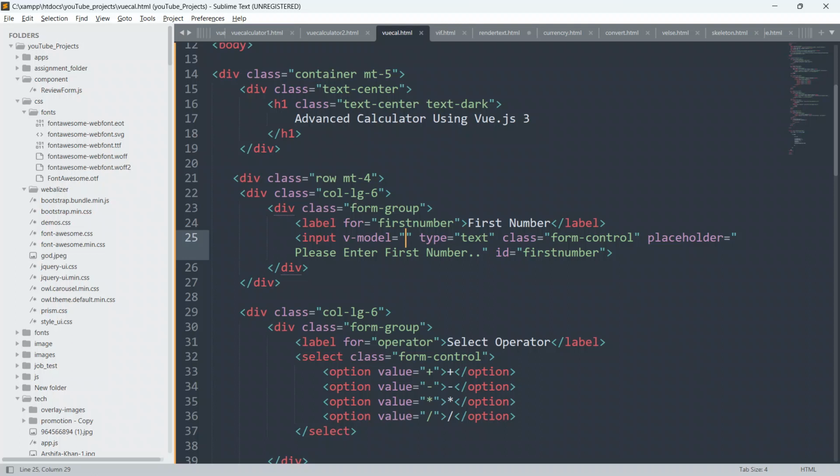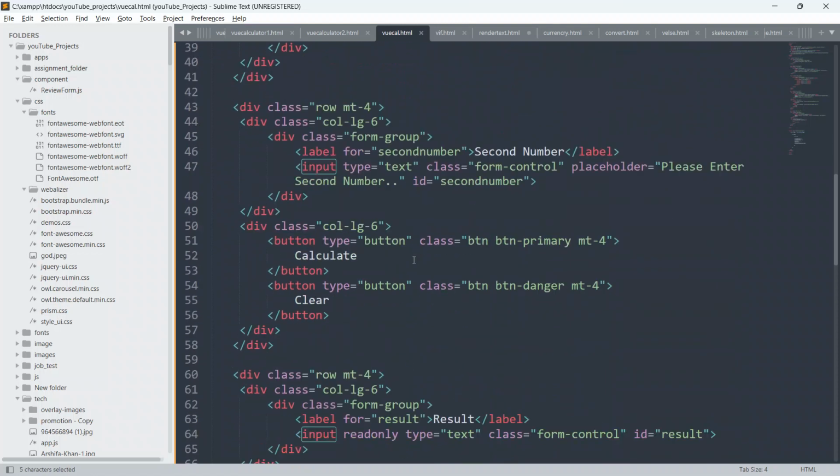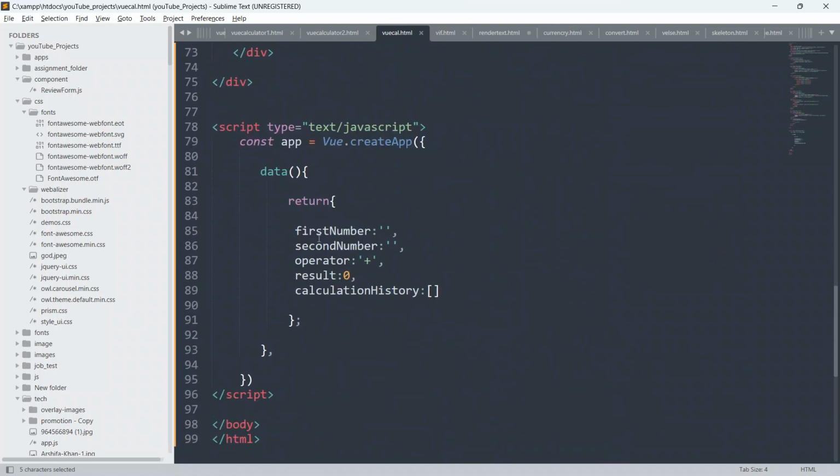Always remember v-model is used for two-way data binding in Vue.js. We will be binding these input fields to our Vue.js instance with the first number, the second number, the operator, the result, and the calculation history also.